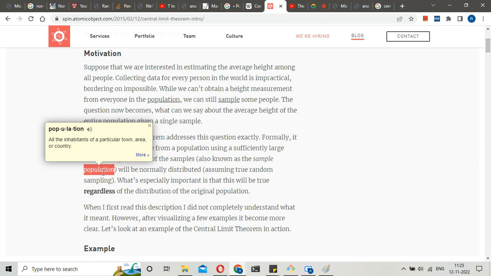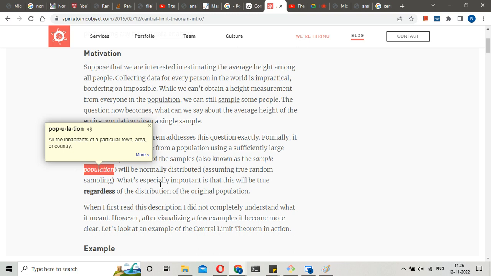Suppose you are doing this experiment trying to get the mean average height of India's population. You could randomly pick 100 or 1000 people and take their average. You would say, yeah, this average represents my population's average. But I am also not sure whether that is correct or not. So there is another way.